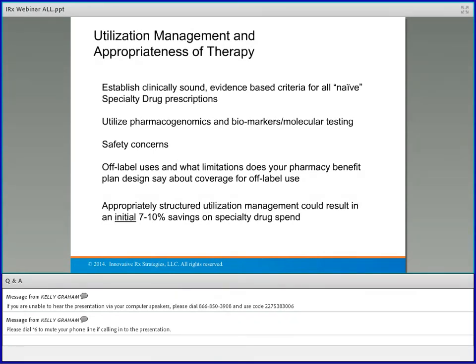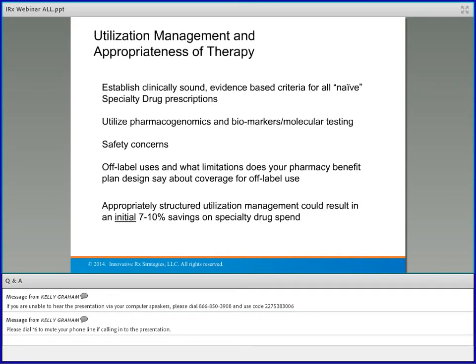You get someone in their 50s, 60s, 70s that's getting prescribed growth hormone because they think it's a fountain of youth drug and it's going to keep them young, right? So those kinds of things, you want to make sure that what you're covering is appropriate from a plan design perspective. And again, that's the advantage of having the specialty pharmacy work with the physician, understanding what's covered under your plan design, at what age you no longer cover maybe growth hormone, to make sure that they're all being used for the appropriate labeled use.